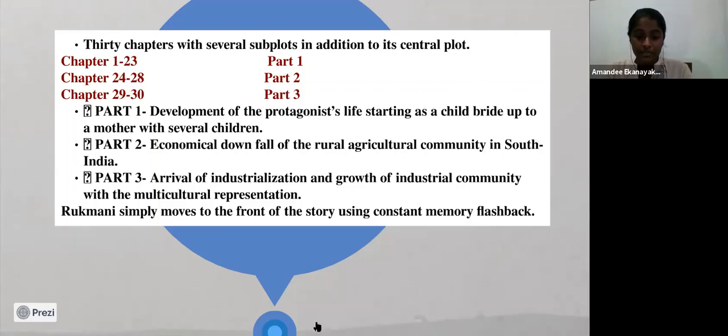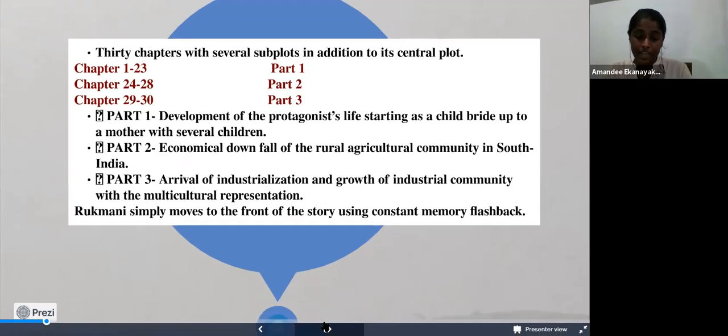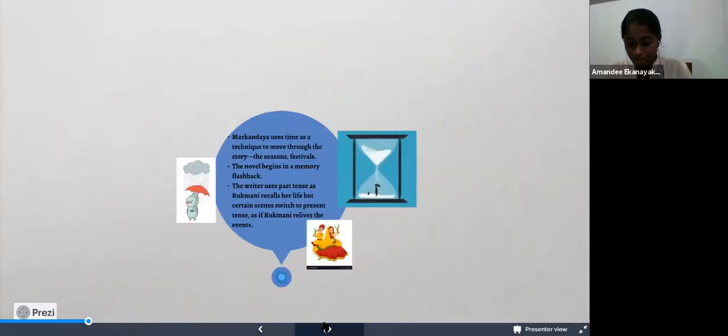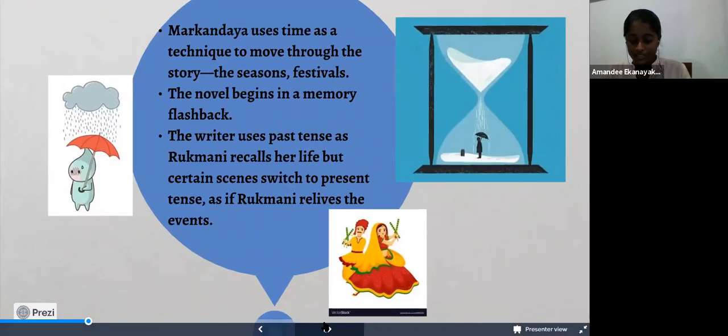Let's move on. That leads me to the next topic, time. When we talk about time, as we read on, we notice the time is sustained. Markandaya uses time as a technique to move through the story. She uses seasons, journeys, and festivals for that purpose. Also, of the novel's 30 chapters, 18 contain in their first sentence a reference to time, as to which time the incident happened, which season or day or night, or how many years or how much time later from the previous incident